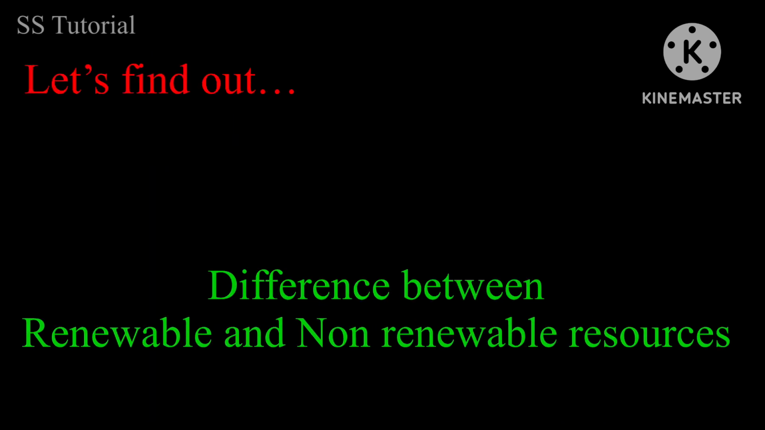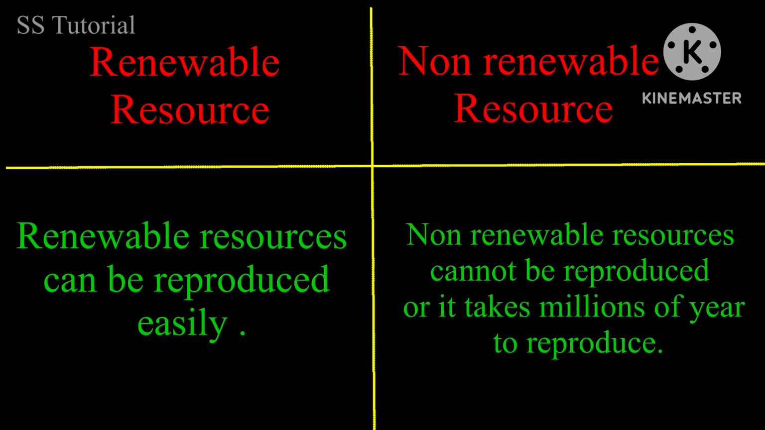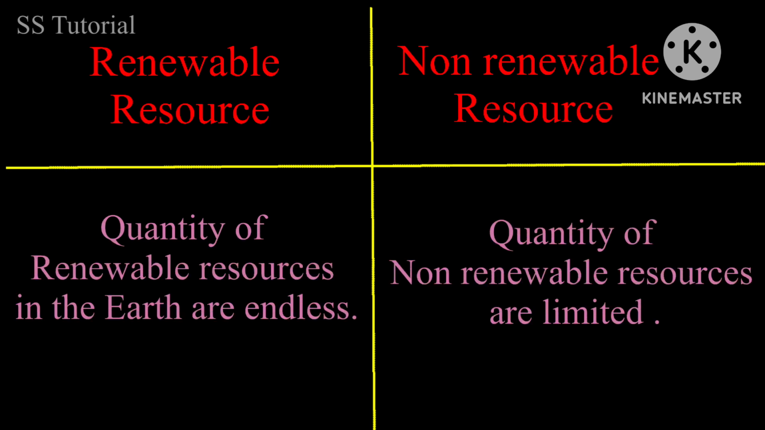Let's find out some differences between renewable and non-renewable resources. Once consumed, renewable resources can be reproduced easily, whereas non-renewable resources cannot be reproduced, or it takes millions of years to reproduce. The quantity of renewable resources on the earth is endless, but the quantity of non-renewable resources on the earth